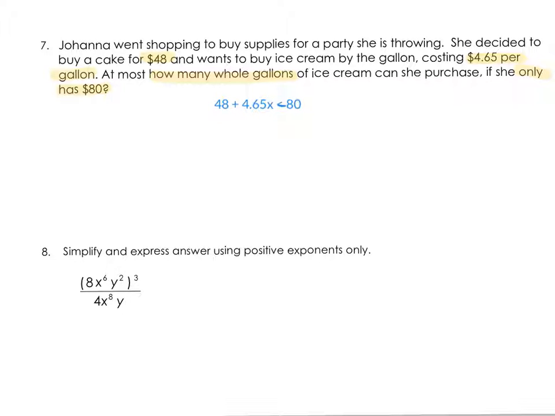Now we just need to solve this. So I need to get the 48 to the other side. The x's are already together on the left, so I'm going to subtract 48 from both sides. And this will give me 4.65x is less than or equal to 32. Then in order to get x by itself, I need to divide both sides by that 4.65. And when I do that, I end up with x is less than or equal to